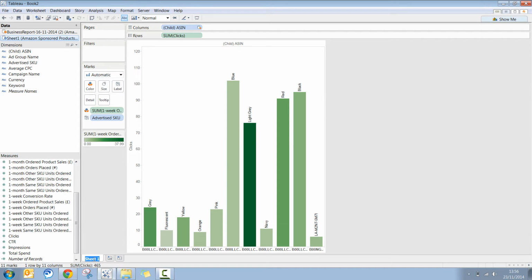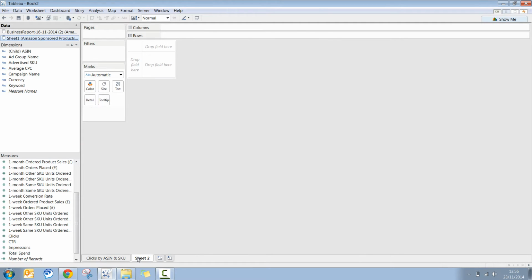Okay, so I'm not going to do any more here. I'm just going to call this clicks by ASIN and SKU. Okay. Moving on, I'm now going to be looking at clicks data again, so start with clicks,